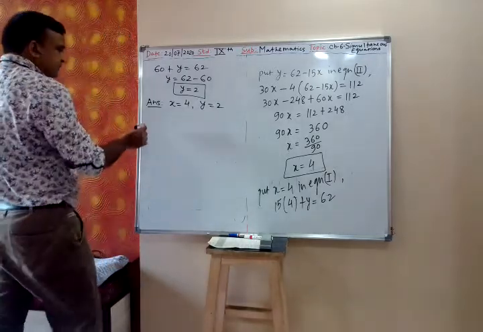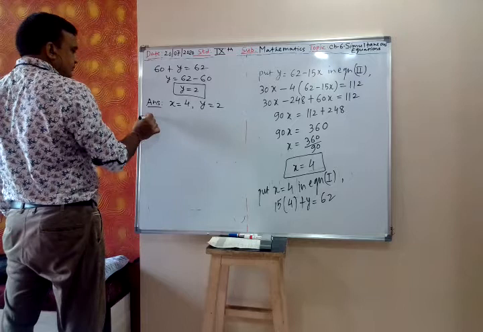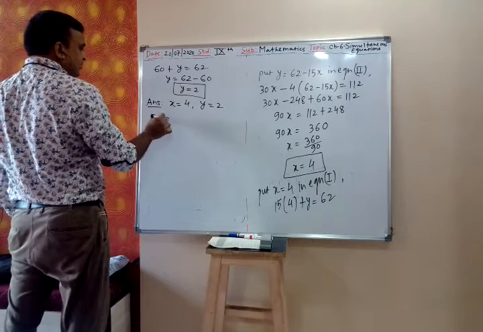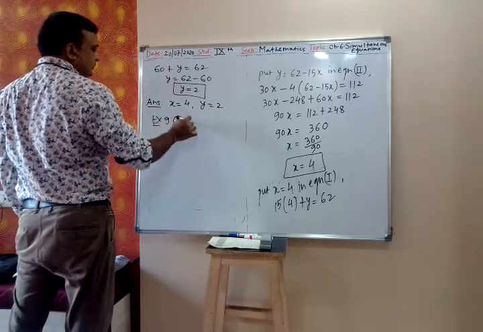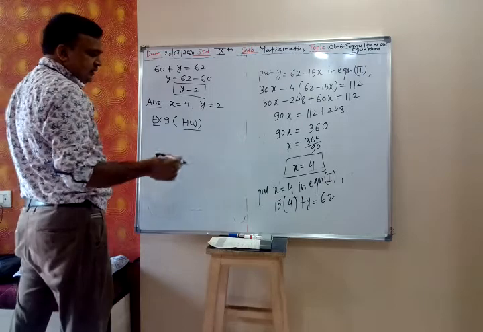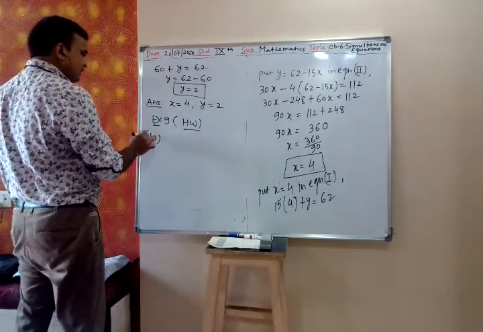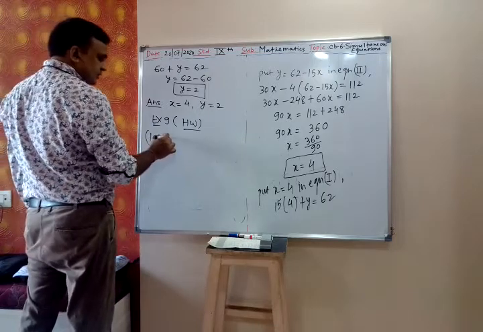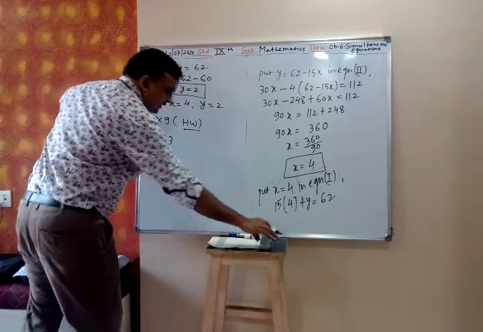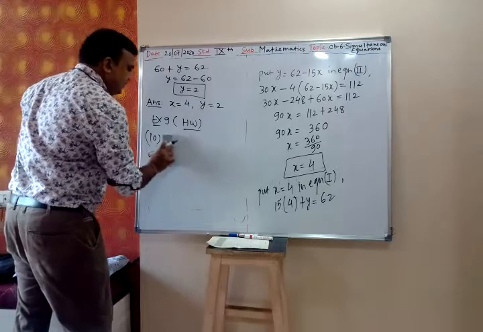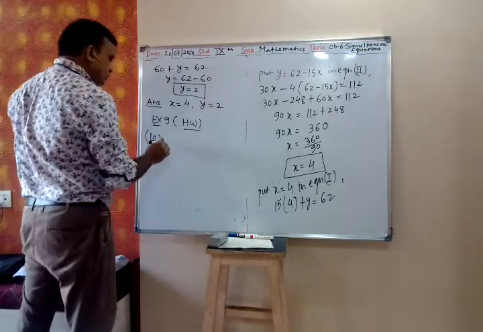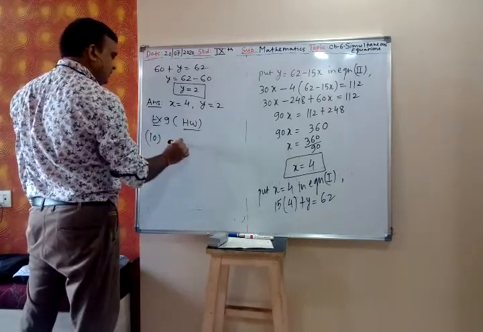Let me do the 10th one. Exercise 9 will be homework. You have to just open the bracket and simplify. Then 10th is 2x plus 1 upon 7,